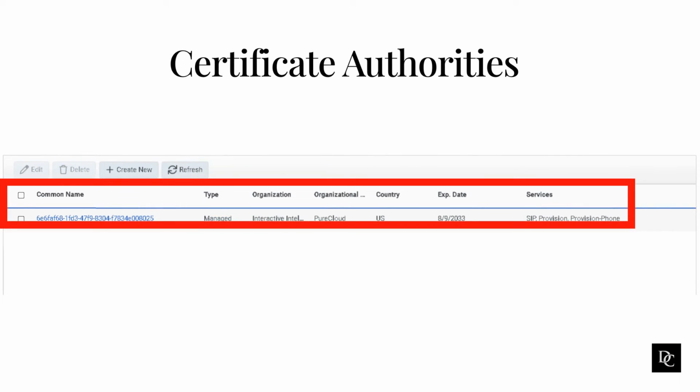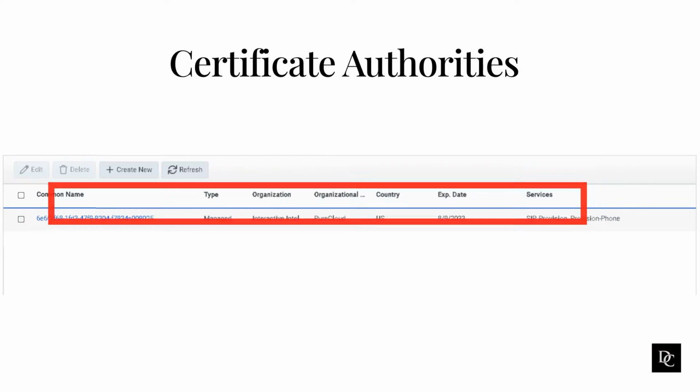Moving on to certificate authorities. Digital certificates ensure the identification of a trusted authority through encryption. Genesys Cloud supports two types of digital certificates, managed and remote. There is only one managed digital certificate for your Genesys Cloud organization, and it is set up and managed by Genesys. Genesys Cloud uses this managed certificate authority to create trusted TLS connections for components such as the edge and managed phones. This managed certificate authority also allows remote SIP devices to trust and accept secure connections to external trunks